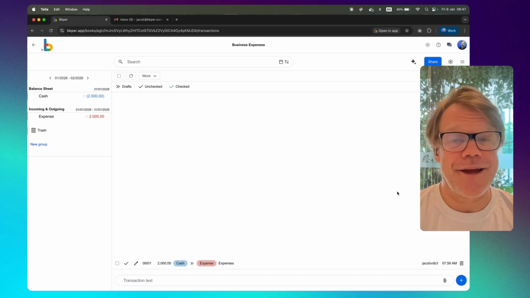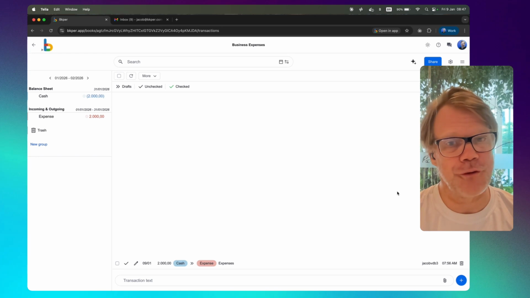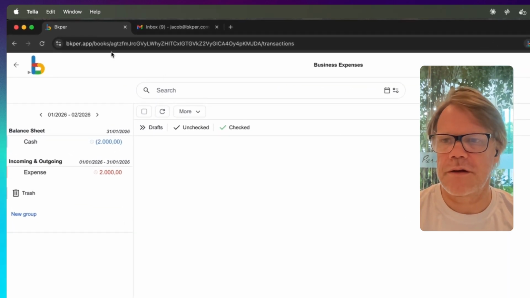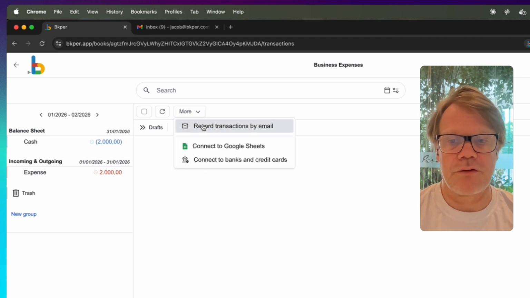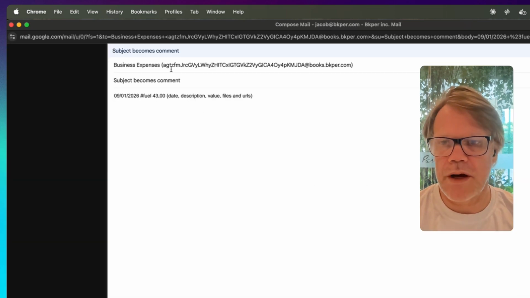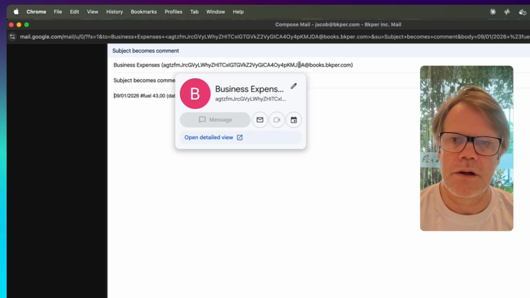Good morning, everyone. Today, I want to show you how you can send an email to your bookkeeper book and convert the content into a transaction or transactions. The important thing to notice here is that in the URL of your book, there's always this ID. It's called the book ID. When you press more and record transactions by email, you will see that this book ID is being used on